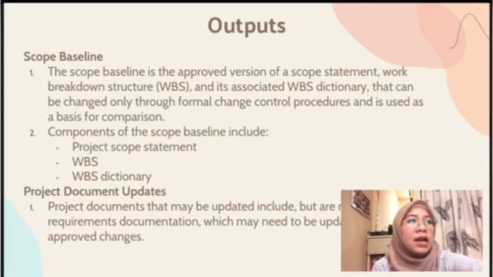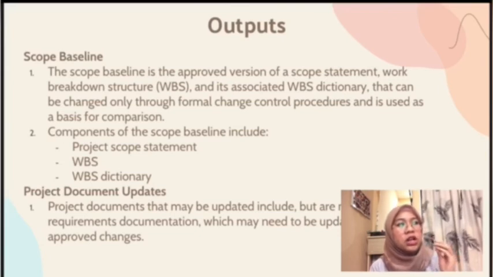Okay, in WBS, work breakdown structure, the work breakdown structure is a hierarchical decomposition of the total scope of work to be carried out by the project team to accomplish the project objectives and create the required deliverables. Each descending level of the WBS represents an increasingly detailed definition of the project work. The WBS is finalized by assigning each work package to a control account